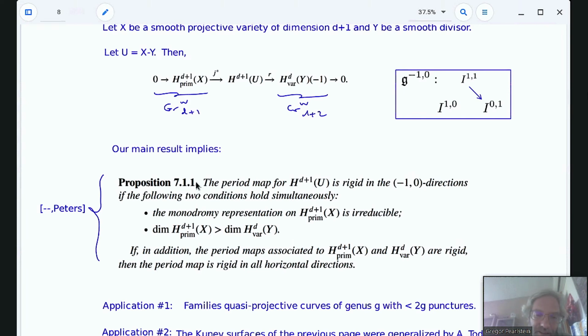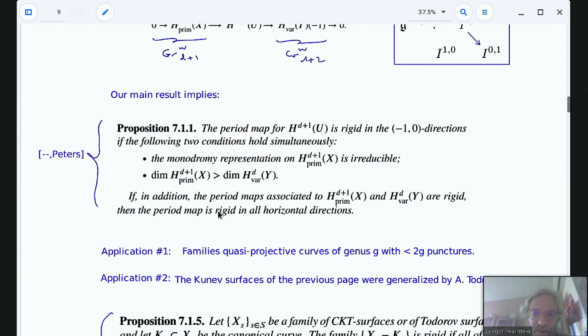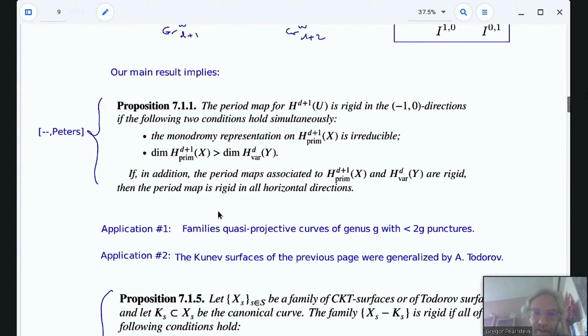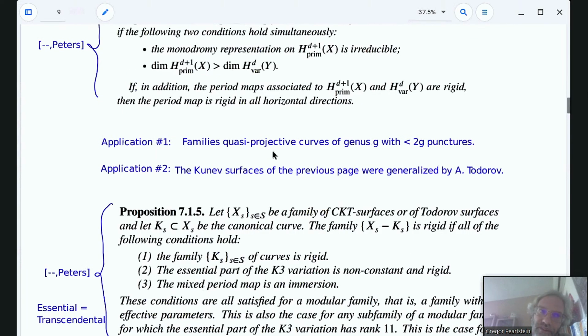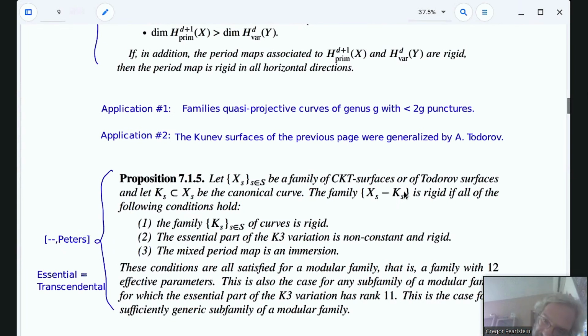So if the additional periods are rigid, then the period map is just rigid in all the horizontal directions. And so for some applications of that, we could look at families of quasi-projective curves of genus g with less than 2g punctures. And another application: those Kunev surfaces I talked about before on the previous page were generalized by Andrei Todorov. So these are called Cattani Kunev Todorov surfaces. All have a unique curve, and so the result is that this family, or the variation of mixed structure that comes from taking the Todorov surface and removing its unique canonical divisor, is rigid